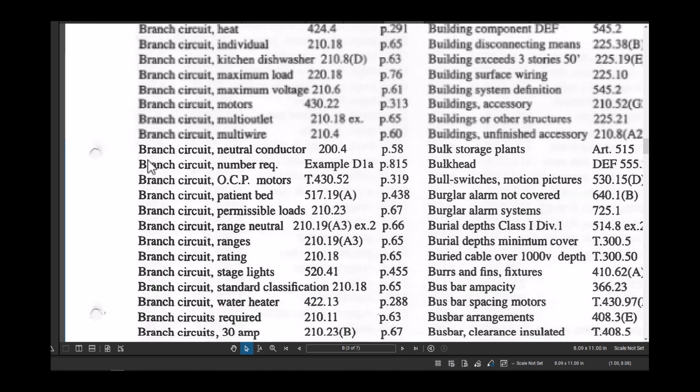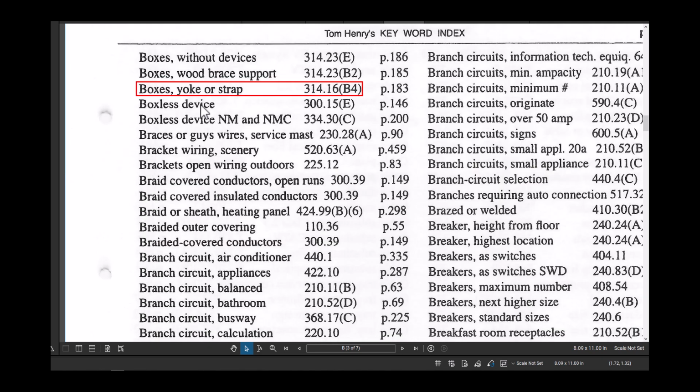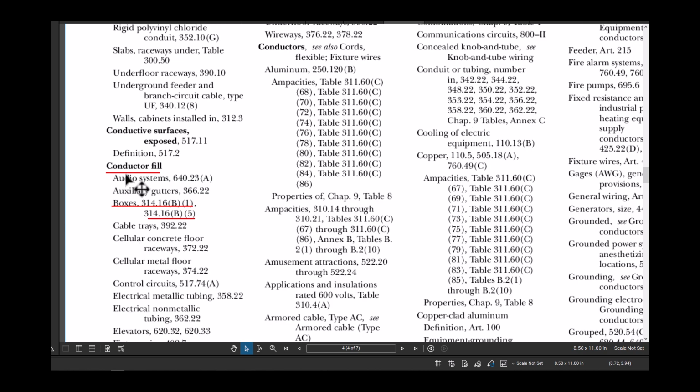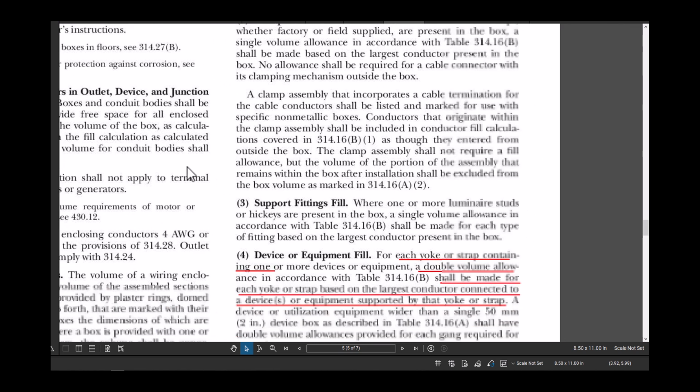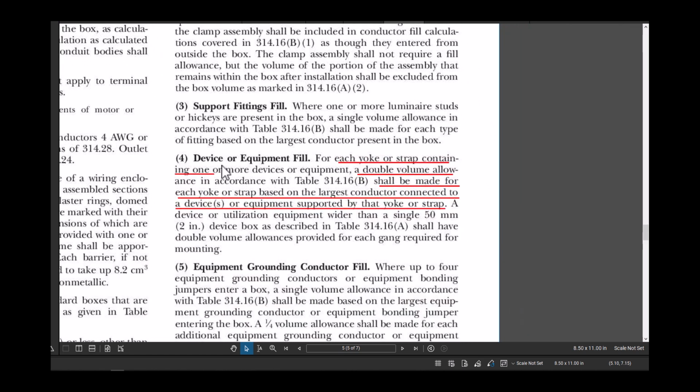Then we go to Tom Henry's index. We have boxes, yoke or strap, 314.16(B)(4). We go to NEC, we have conductor fill, then we have the same boxes, 314.16(B)(1) through (B)(5). And if I go to the article here, it says